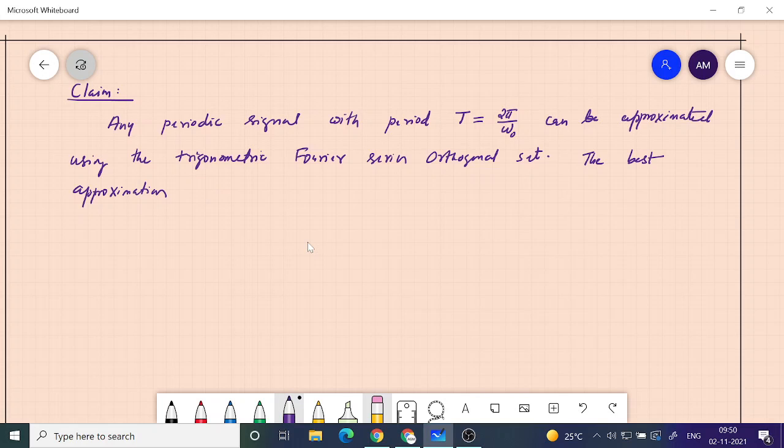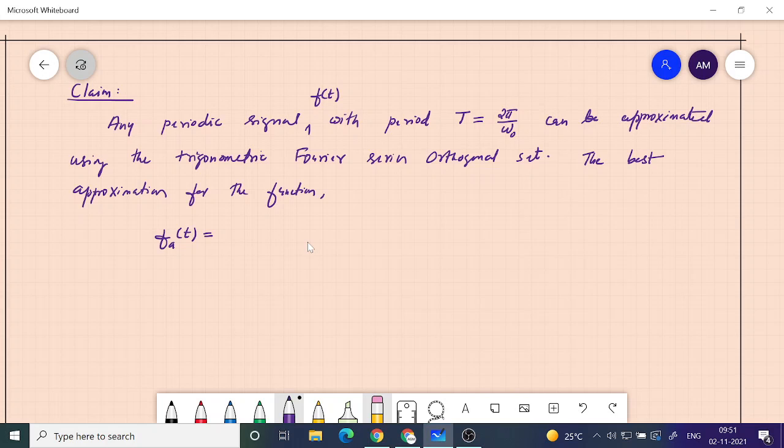Any periodic signal, let's name it f of t, with period t equal to 2 pi by omega naught, can be approximated using the trigonometric Fourier series orthogonal set. The best approximation for the function, I am going to write that approximation, Fa of t is,